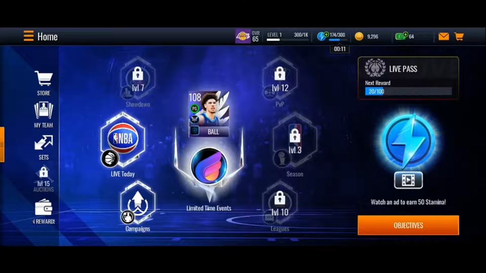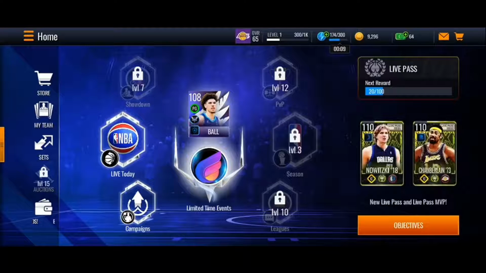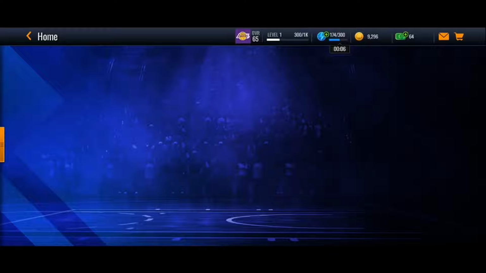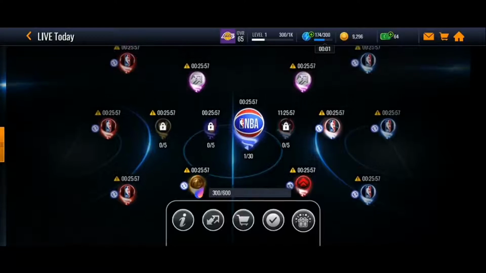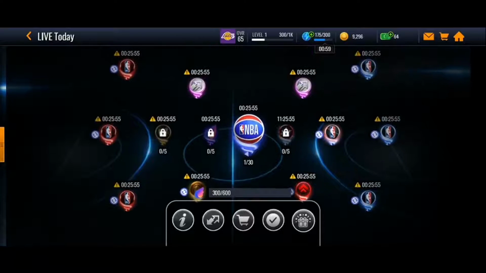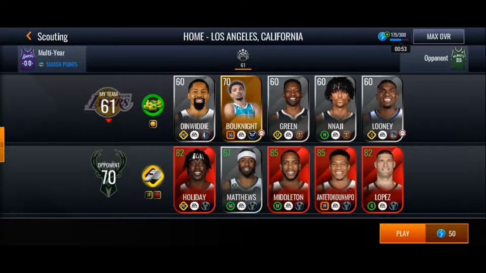So the first thing that we're gonna do is go to a mode. For example, I'm gonna click on Live Today. And then once it's loaded, go ahead and search and choose any mode that you'd like to play. Click on play, and then from here you can scout the other team. Then click on play,